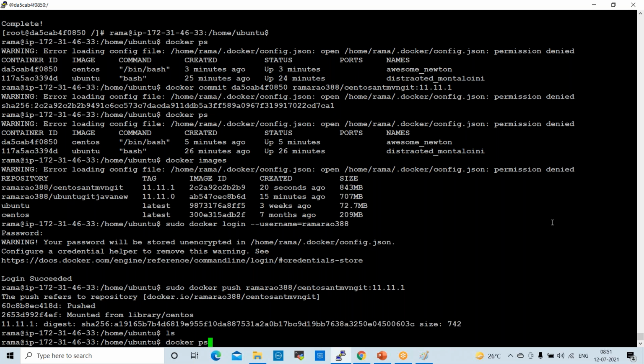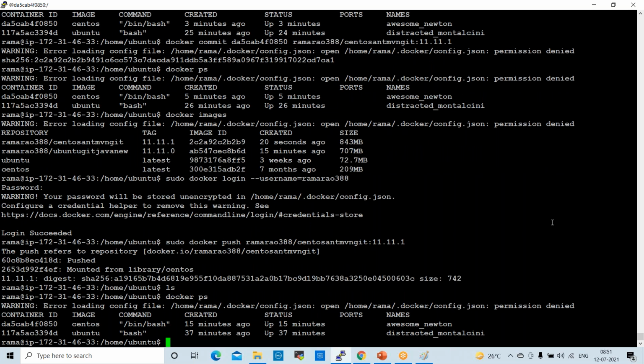Okay, so these are the containers. You are asking a different question, I understand. If you want to enter an existing container again, before we convert it into an image, to add some other package, how do you do it? Again, if you want to enter into the container, there is a command.